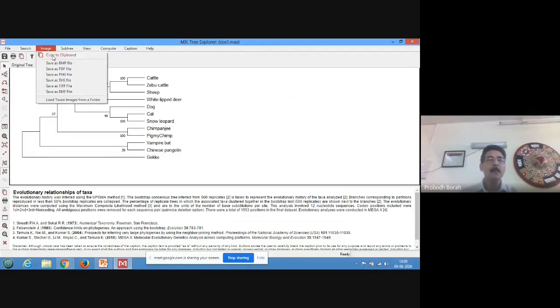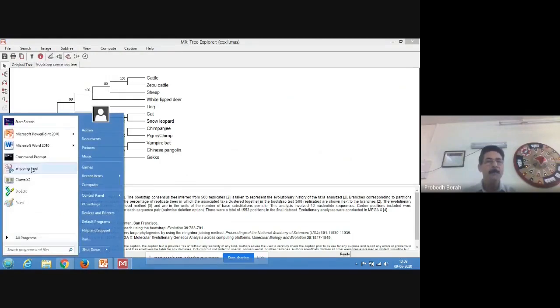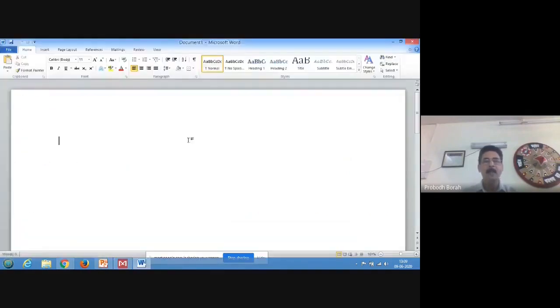Then you can either copy to clipboard, or you can save it as some image file. You can save it as a bitmap file, PDF file, PNG file, SVG file, TIFF file, etc. In different picture or image formats, you can save it, or you can just simply copy to clipboard. If you copy to clipboard, then you can easily paste it in MS Word.